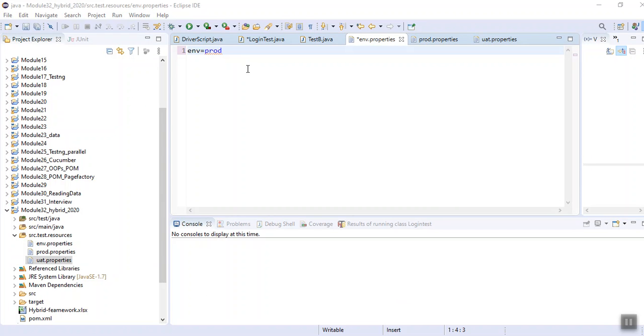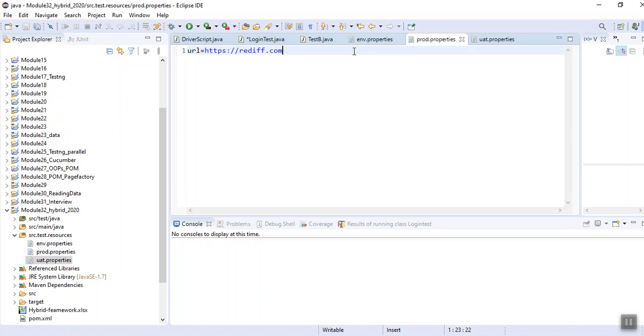So here in environment.properties, I have defined the environment as production. See, suppose the URL for my production website is https://rediff.com. Let me take this.